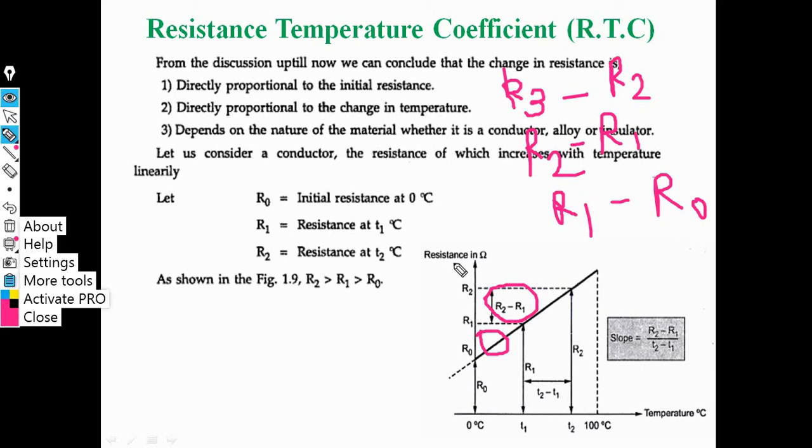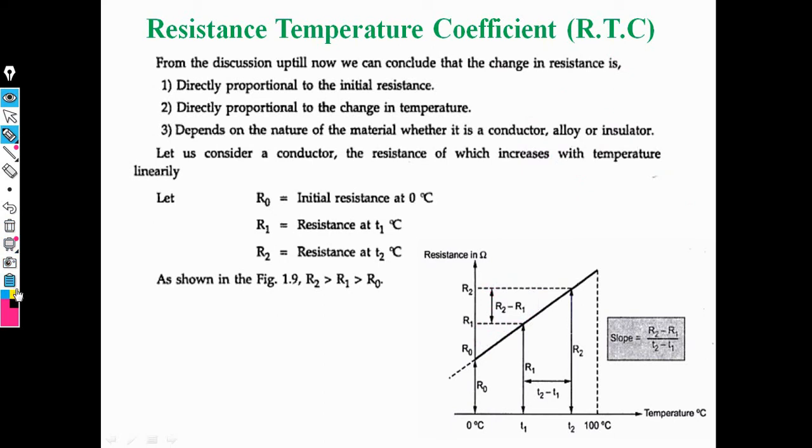Okay, now here we have considered the slope for this point. We have considered the slope as R2 minus R1 upon T2 minus T1. That is, slope S is directly proportional to the resistance and inversely proportional to temperature. Then S is equal to R2 minus R1 upon T2 minus T1. This is the concept of resistance temperature coefficient. Okay, now here we need the equation for